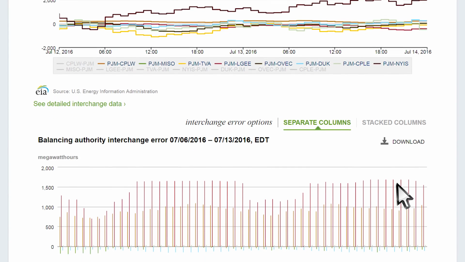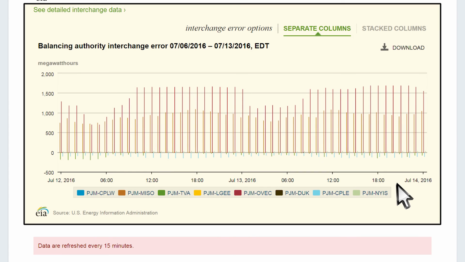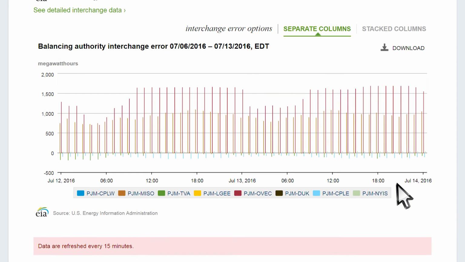Returning to our data pane, we see what's called interchange error. Balancing authorities don't always report the same electricity they send to or receive from each other. When this happens between the two trading partners, we plot the difference between the reported values here. And we're not trying to out anyone here. This tool is silent as to the reason for the disagreement or what the true value is. Our goal is to give system operators, government officials, and other interested parties information they need to make the grid more efficient and reliable.